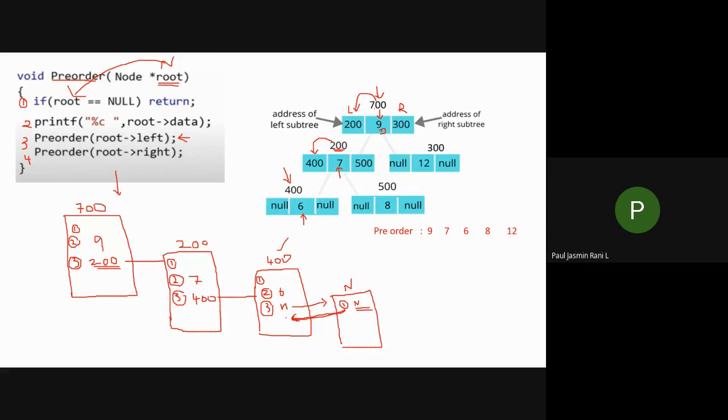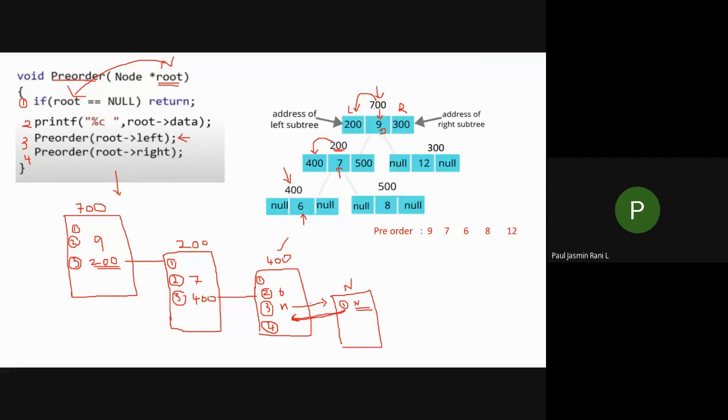So when I return it over here, what happens? I am going to execute the fourth statement over here. Now I have to execute the fourth statement, and this part is over. That is, the 400's third statement is over. When I call the statement, I have a null. That is, 400's next happens to be null.